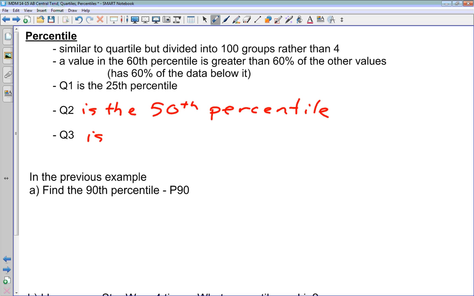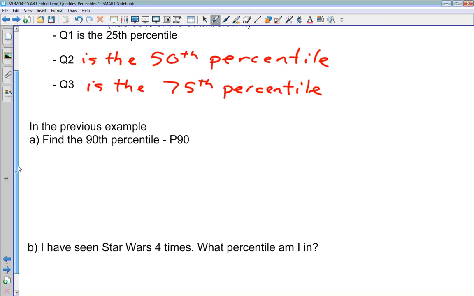Q3 is the 75th percentile, because it is 75% of the data below it, 25% above it. So let's think about